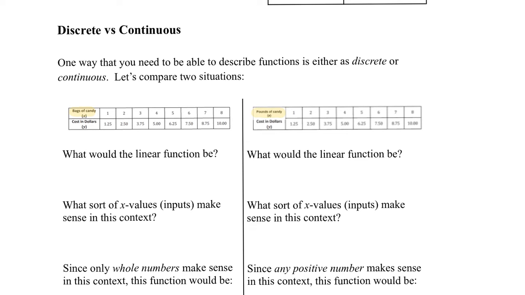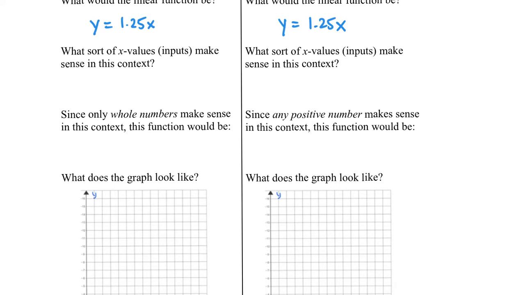So that means that the function is going to be exactly the same in both cases. The total cost of candy is equal to $1.25 per bag, whereas on the right-hand side, the total cost of candy is equal to $1.25 per pound of candy. The function looks exactly the same. Here's where things are going to differ a little bit. What sort of x values make sense in this case? Well, if you remember yesterday, we talked about only whole numbers